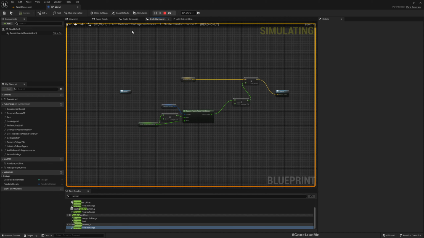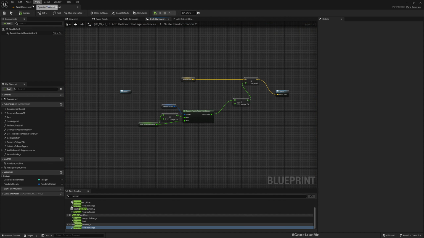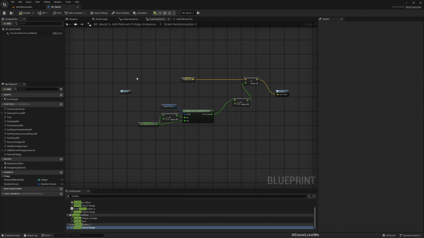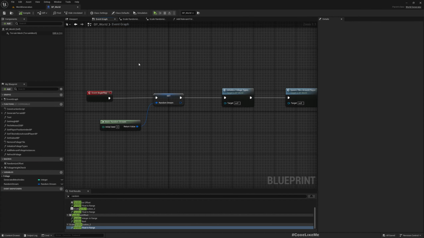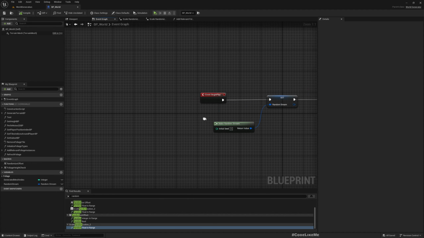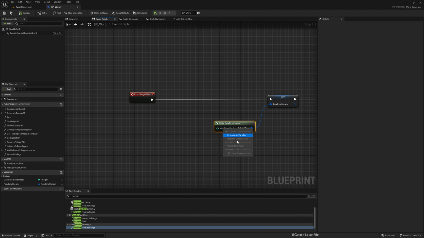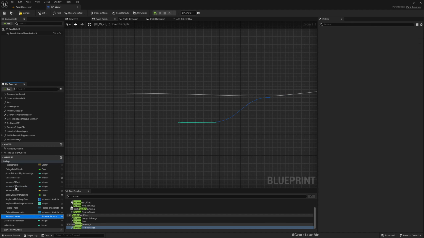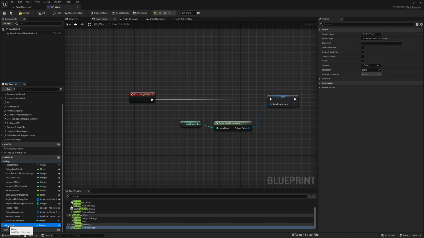So what if I need to keep this randomization? And also what if I don't like this current placement? So for that, here I'll promote this to a variable, initial seed, and I'll make this public. I'll put this under foliage category,